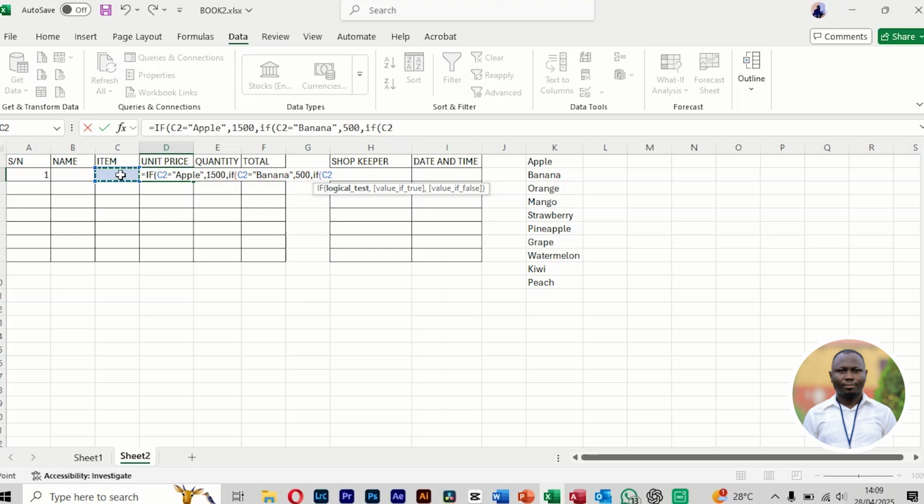C2 equals to orange. Oh, I have forgotten my open quotation, orange, close quotation, comma. What else? I'm going to say orange is how much? Let's say 800 each orange,